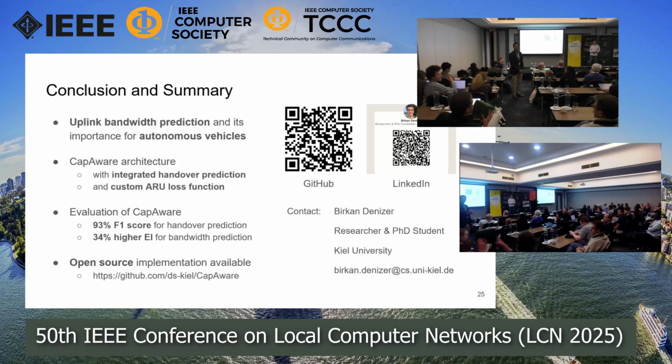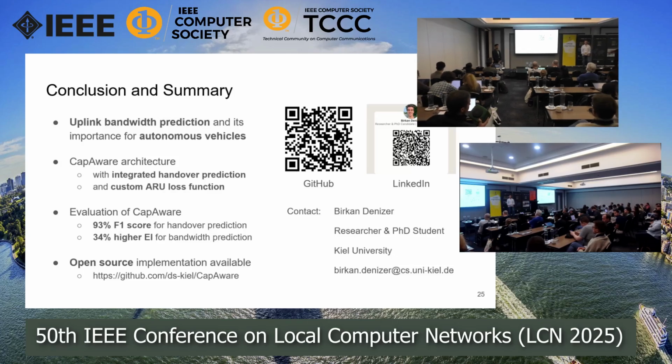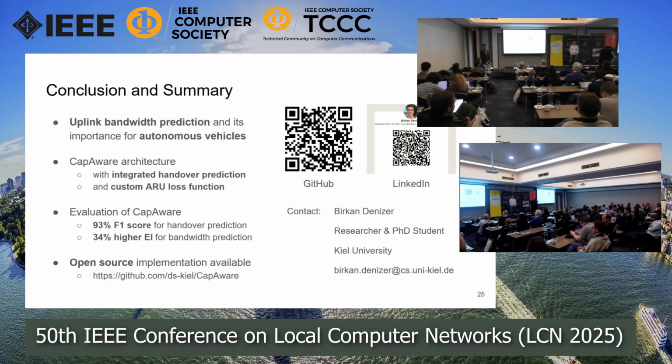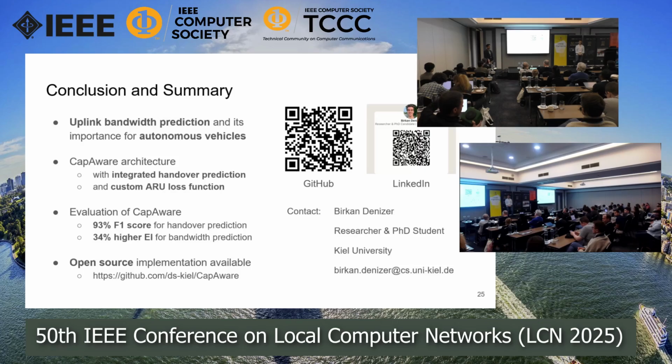Okay, yeah, just another question. You know, bandwidth prediction has been around even before the AI era. In the old days, you were looking at positions and tried to estimate where a user will go, or you had a train and the train had a train track. So you knew when probably the cell would end, and then you could do a prediction. Have you compared your work to this old work, or have you considered using some kind of a priori knowledge like cellular ranges in combination with your AI modeling?